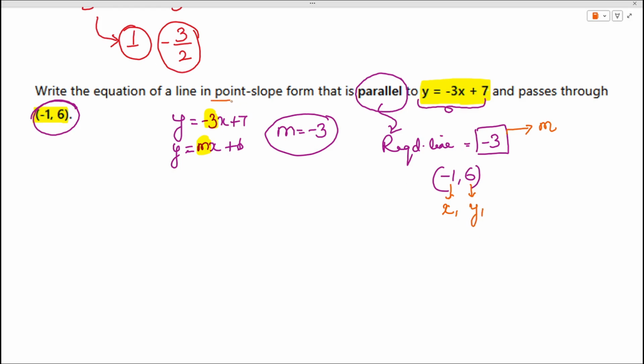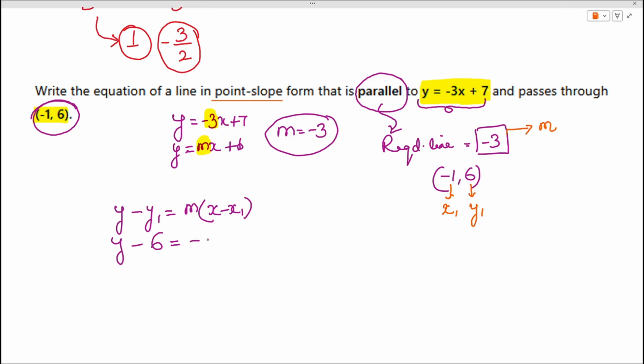Now what we are going to do is we can either use the point slope form or we could also figure out the y-intercept. I'm going to use the point slope form right now, which is y minus y1 equals m times x minus x1. So we have y minus our y1, which is 6. So y minus 6 is equal to, the slope is negative 3,